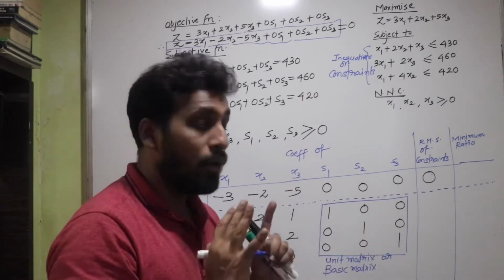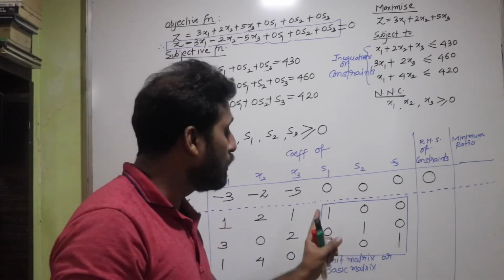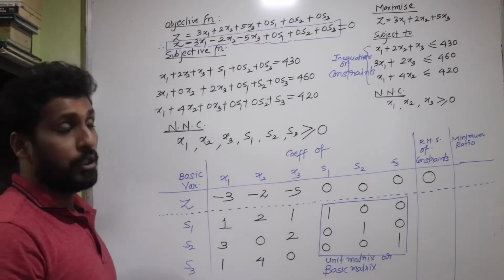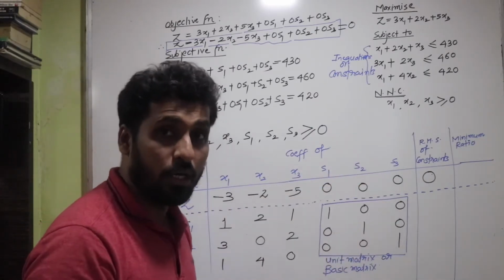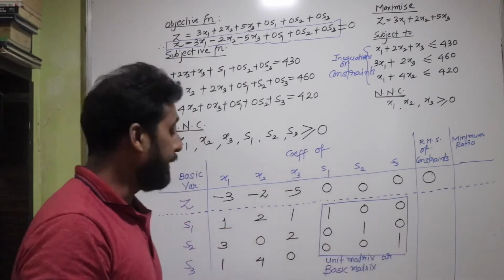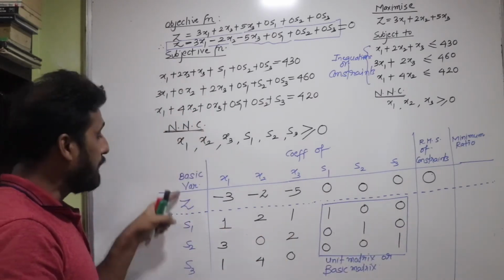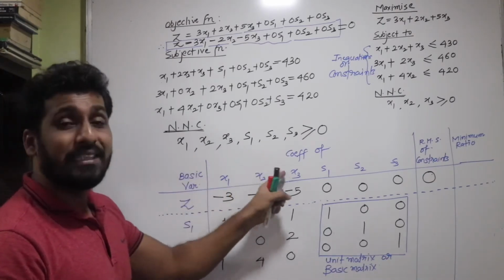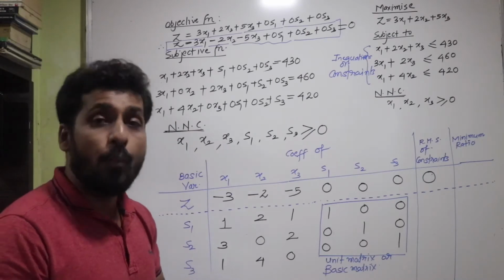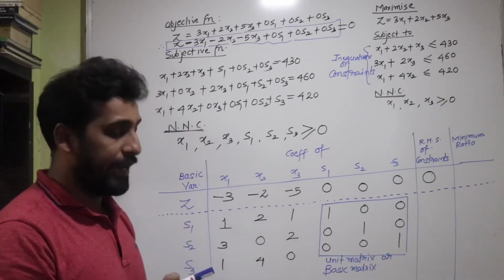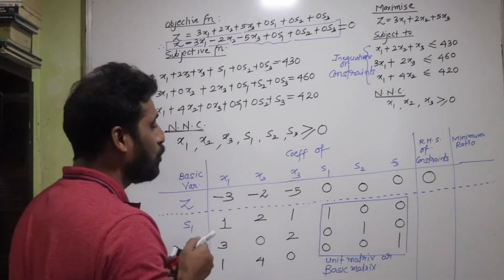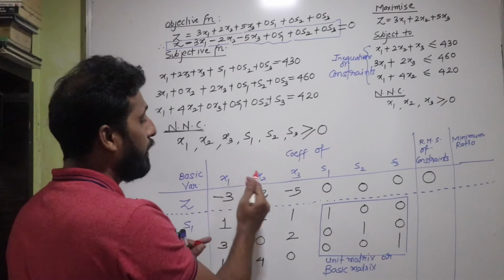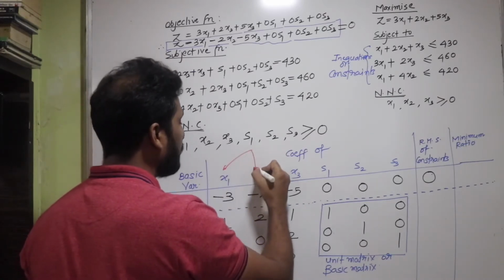So whichever variables form this unit matrix or the basic matrix will contribute towards the basic variables. So S1, S2 and S3 in that particular order have given me the unit matrix. Hence I'm going to write S1, S2 and S3 as the basic variables. So which variables are left now? X1, X2, X3 are left. These variables will now be called the non-basic variables. So I'm going to write here that X1, X2 and X3, at this moment in the first simplex table, have become the